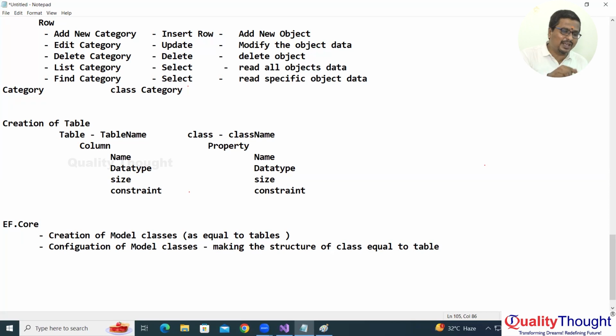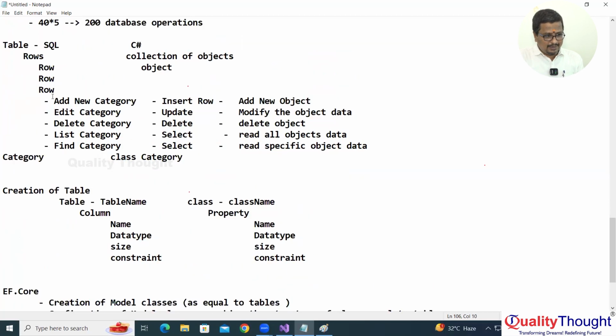So how do you configure a model class? That is a very important step, because you are ignoring the SQL, you are avoiding the SQL. So your C# class should be equal to a backend table in all aspects. It should contain primary key instructions, all the constraints, all the validations, and so many other things. So next, after that,